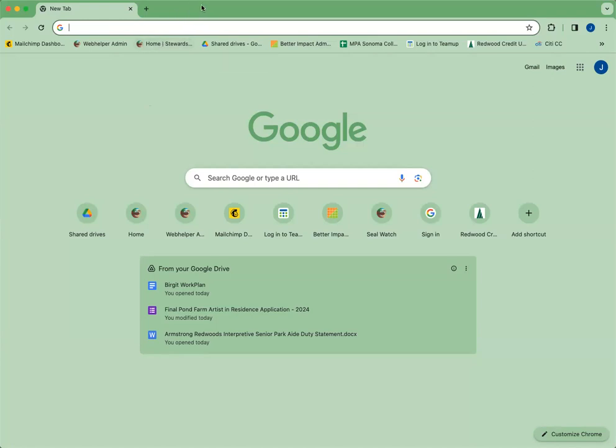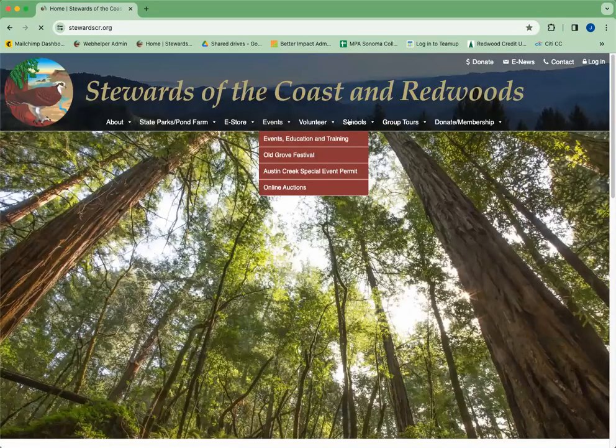So I've opened a web browser here. For me, this is Google Chrome. You could be using Firefox, Safari, Microsoft Edge. So what we need to get you to do is go to the Whale Watch and or Seal Watch page on our website. I'm going to show you the long way to do that real quick, and then I'll show you the short way. So the long way is go to stewardcr.org,